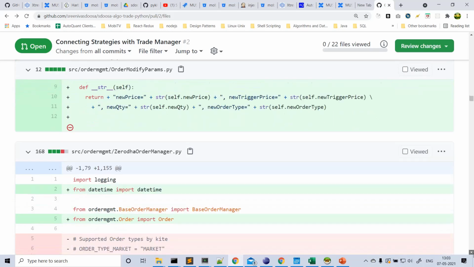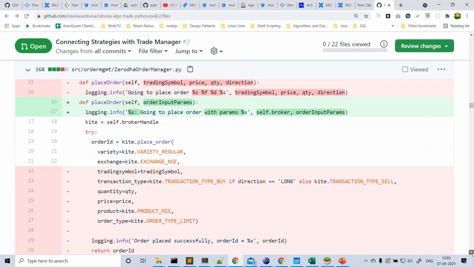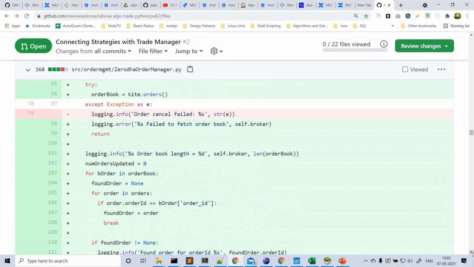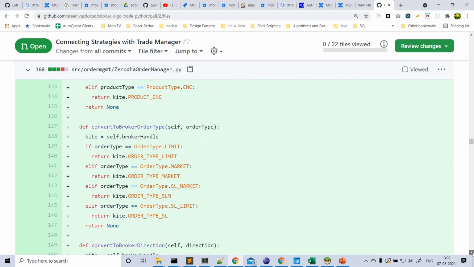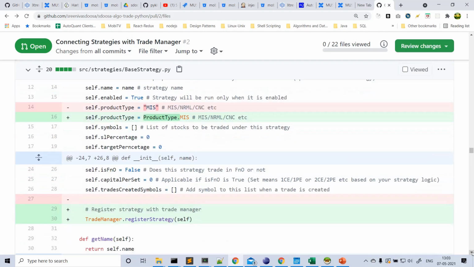Correct. And coming to the, okay, we covered Zerodha order manager PY. I explained all of this: place order, modify order, and what are the utility functions you need to write when you override this order manager from the base order manager. Okay, now come to the best strategy. We are done with order manager: how we are handling our data, how we are converting our data to the broker specific data while placing or modifying an order, and we are maintaining our own order within the system that has to be used across the application. Now coming to the best strategy, what I changed here inside best strategy.